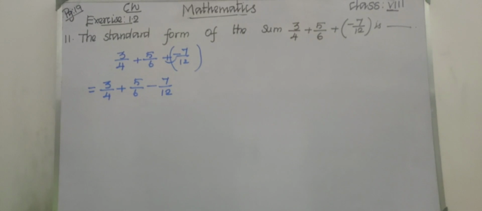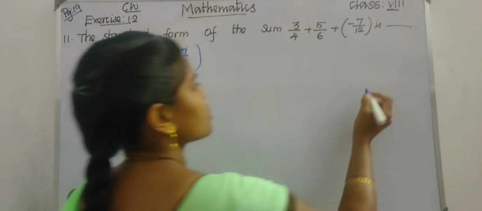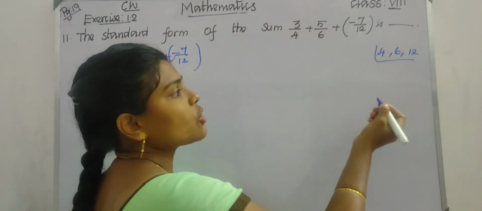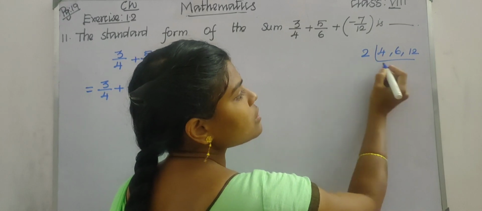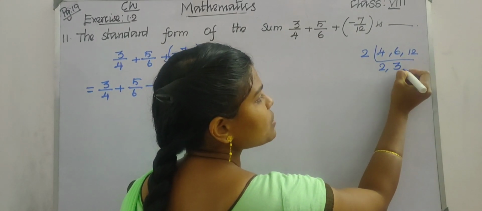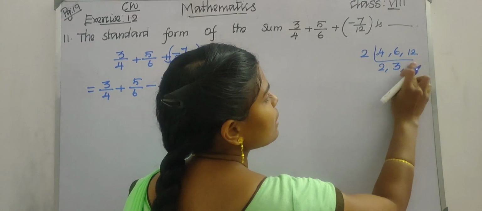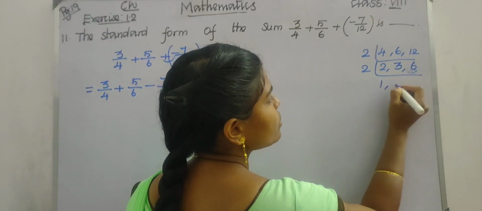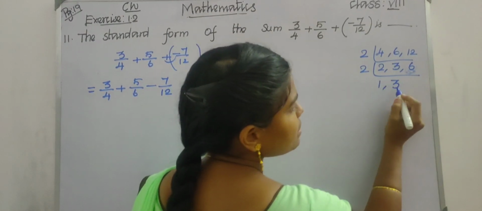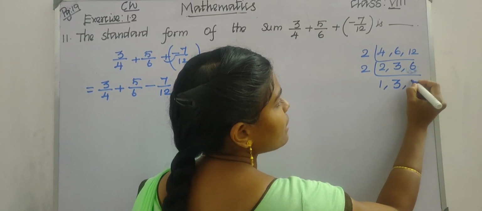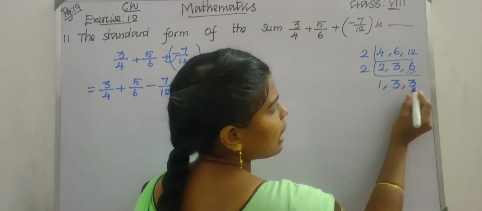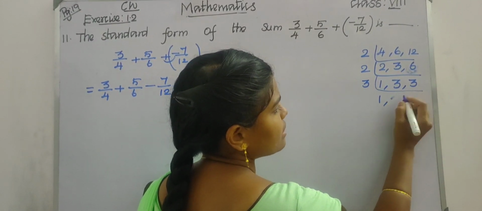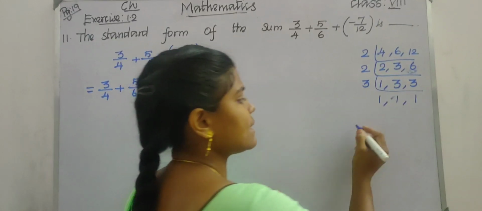So we are going to take LCM, okay, so let us find the LCM for this. So 4 comma 6 comma 12, okay, so we can use the prime number 2, so 2 2s are 4, 3 2s are 6, and 6 2s are 12, okay, and again we can put 2, so 1 2 is 2, we can't go with this 3, so just write the same 3, and 3 2s are 6, okay, now we are having 3, right, so we can put the prime number 3, okay, 1 3 is 3, and again 1 3 is 3, so what is the LCM?